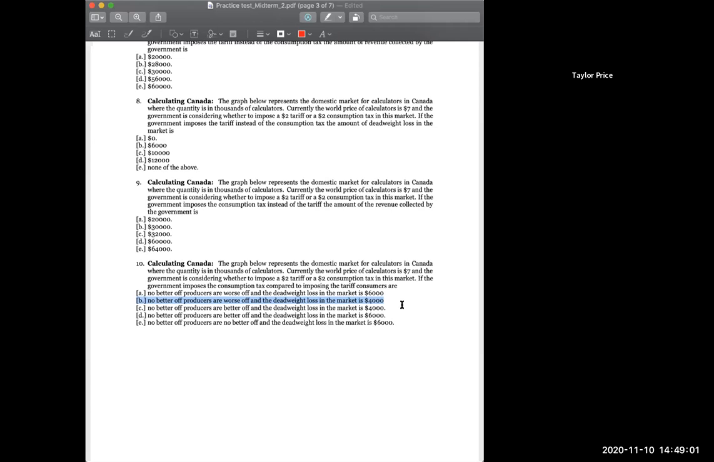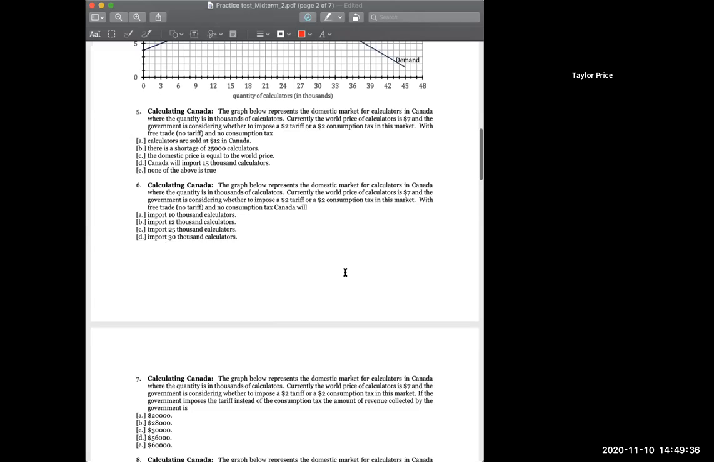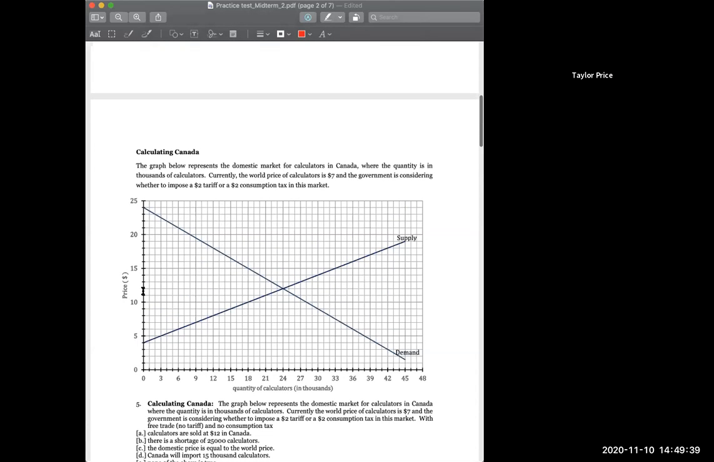So the first thing here that you want to notice is that consumers are going to be impacted regardless of whether it's a tariff or a consumption tax, because both items are going to negatively impact consumers. And producers are also going to be worse off as well. And it's weird in this one to think that way, but what you can think about is you're comparing